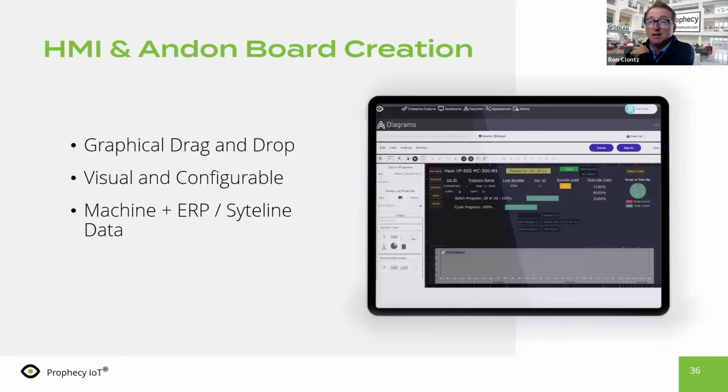Prophecy and the Smart Factory is designed with that end in mind. A lot of the applications we saw in the market around 4 years ago, when I was on the team that helped launch this, what I didn't see was a lot of applications that were like Sightline that provided a Mongoose-like tool set. Did not see that. So we felt it was very important that companies can get trained and implemented and learn, but then be in control of their own destiny and what they wanted to do. So we provide a dynamic toolkit within Prophecy in the Smart Factory to allow you to graphically